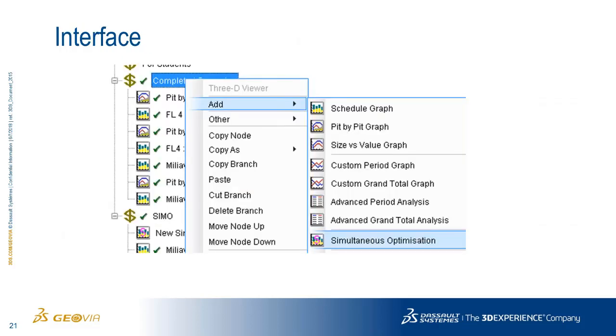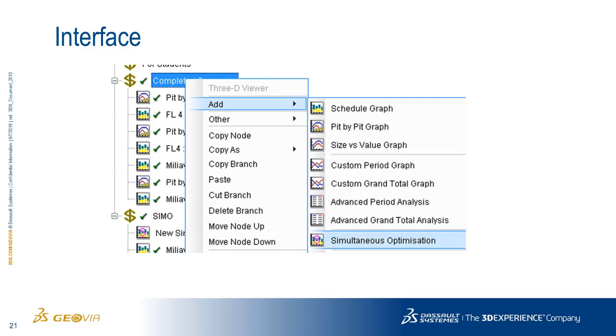In terms of the interface, that's an important consideration, because if we have a newer technology there may be a benefit, but is it very different from what I'm used to working with in Whittle? That's the really good thing about SIMO: we're just using a better algorithm, but my workflow remains the same. So in the next couple of slides, we're just going to show the interface a bit.